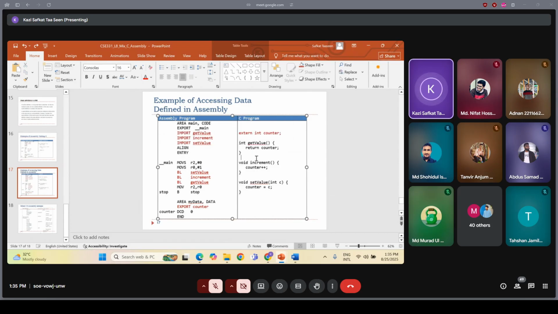And if you want to make use of an assembly program within your C program, you have to define that assembly program as external, right? So here you see it says this counter is an external function and the return type is an int type. Okay, so in this case the counter